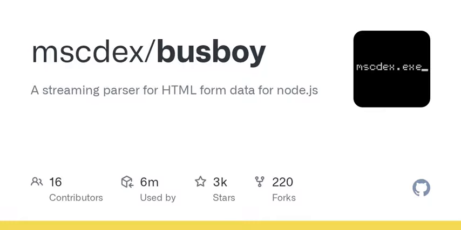Okay, I just skimmed Busboy and it's wild. It parses multi-part form data by streaming files, not buffering the whole request up front, which feels almost magical. Wait, seriously. So it emits file and field events as data arrives, letting us start processing chunks immediately instead of waiting for the end. Exactly, plus it exposes a parser stream with configurable limits like file size, fields, files, and parts, offering guardrails against wild uploads.